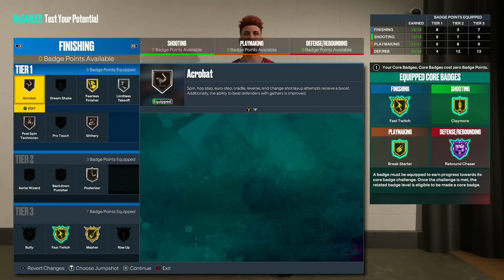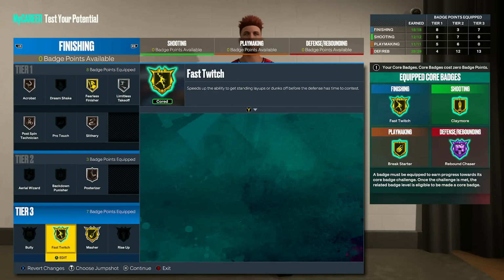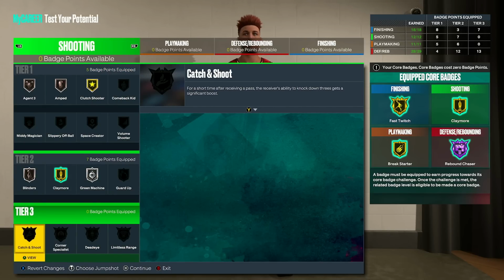Alright, so as you can see, we're getting into the badge ladder right here. We're going to go from finishing to shooting, playmaking, and defense. Then we'll get to Tonic's build after. I want to talk first and foremost about the whole badge loadouts between the tier 3s for finishing and shooting especially. So let's start with shooting because I think it's the thing that's really weighing most on my mind right